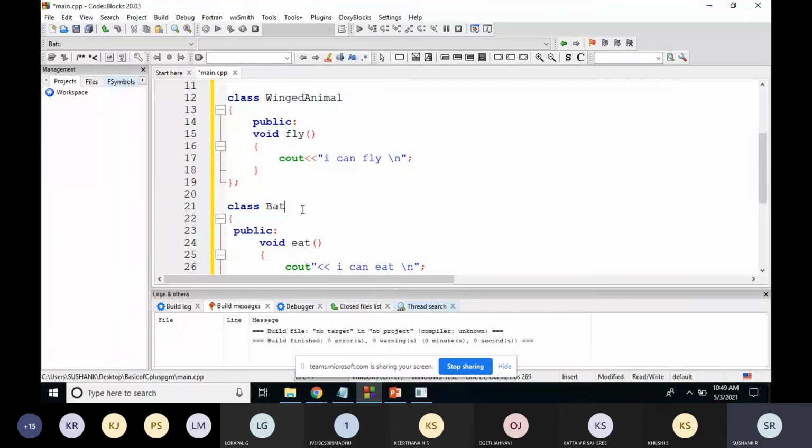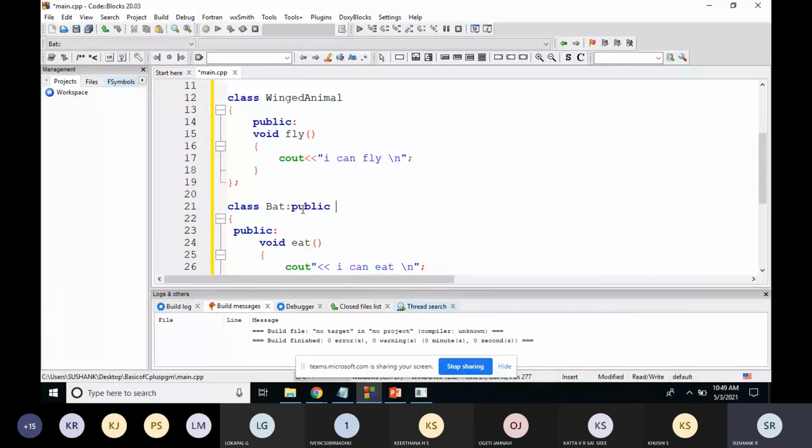The child class will receive the features from more than one parent class. So how to do that? The bat class has to get the features of the mammal class as well as winged animal. The syntax is: class bat colon, public, the first class which I want to derive.